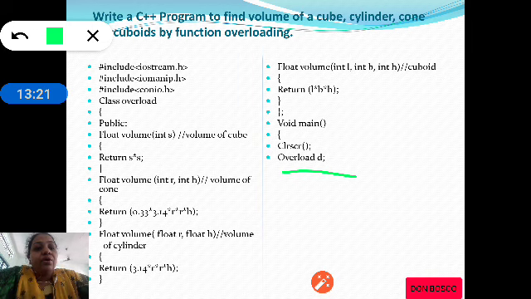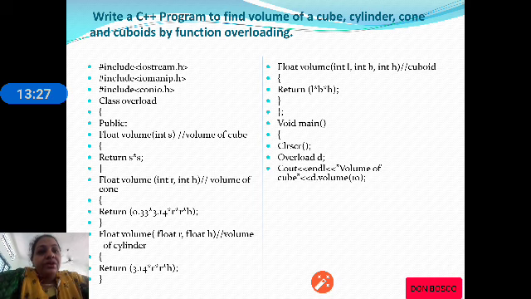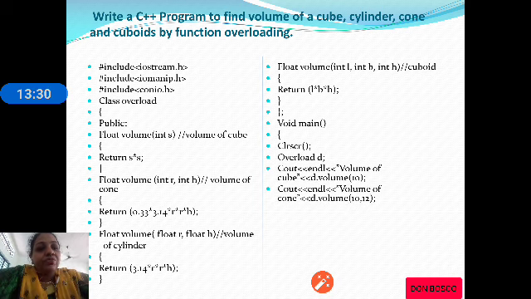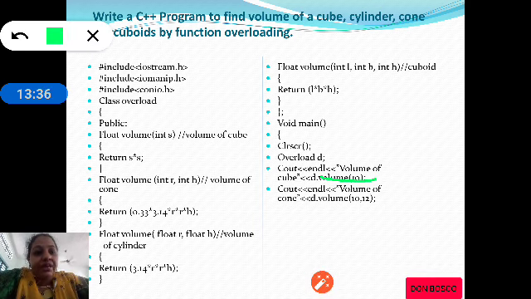So overload is the class name and D is the object. Now you can observe the volume function is called with one argument. So you can see volume of 10. Again a volume function is called with two arguments, that is integers.